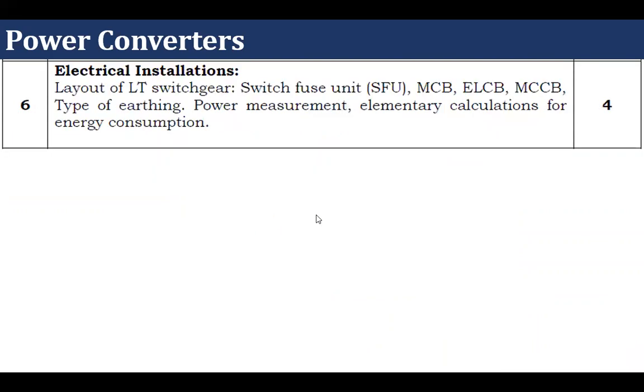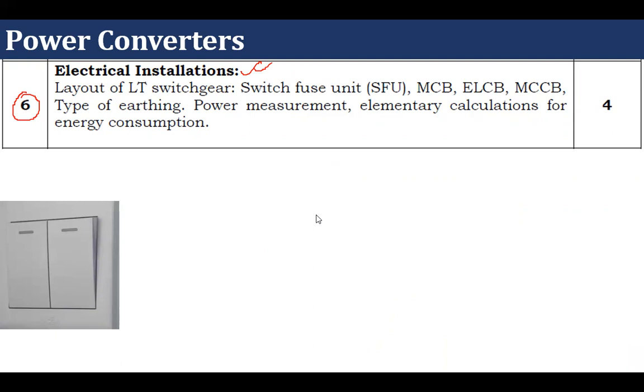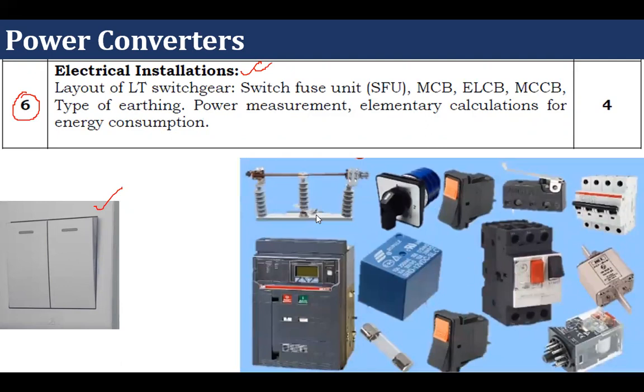The last unit is electrical installation. It is one of the very interesting units. In this unit, we have to go through switchgears. One example of the switchgear is this on-off switch, mechanical on-off switch, which is also known as piano switch, available at the switchboard of our houses. There are varieties of MCBs, isolators, fuse, relays, etc. shown in this figure. So all are the part of switchgear.